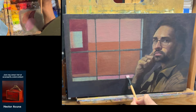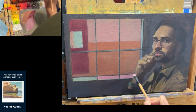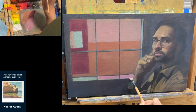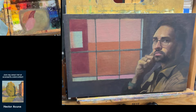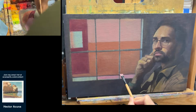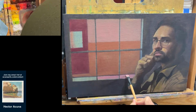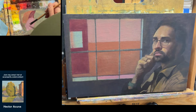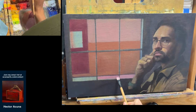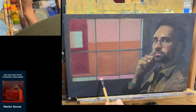It's like I could just create a big solid shape of color, but that felt a little bit too easy, I think, which maybe is the wrong way to think about painting, but it just wasn't really what I was hoping for this painting. I wanted something that really had more to chew on visually. And once I started visualizing this wall with the window and thinking about space and outside and inside, all of a sudden it felt like, okay, there's a lot here that I can really use to embed information or to create